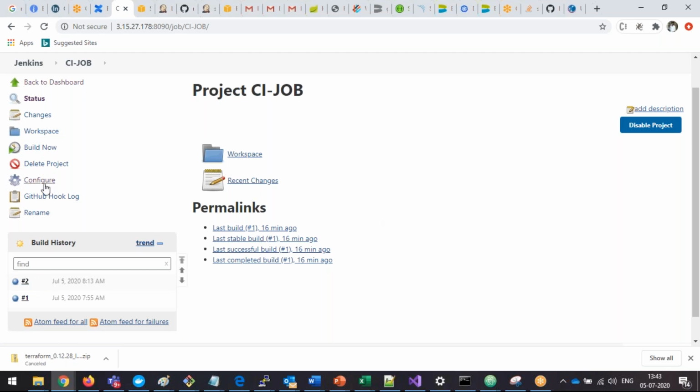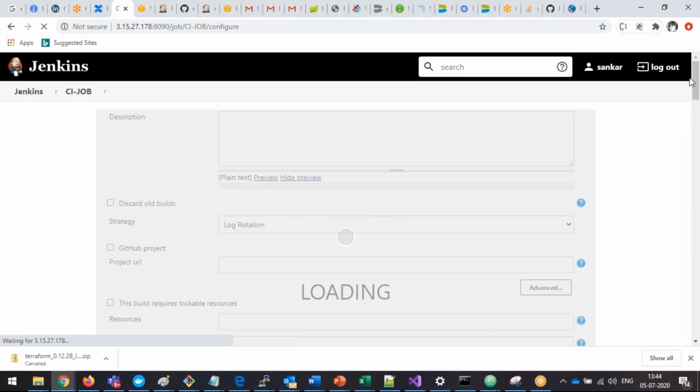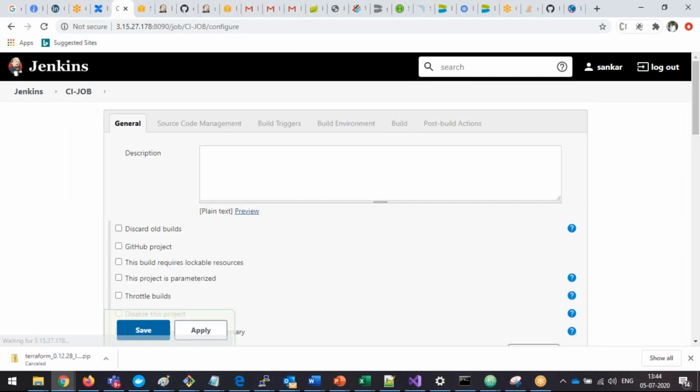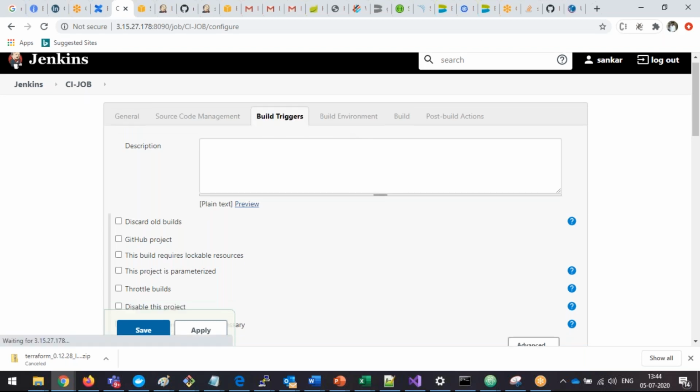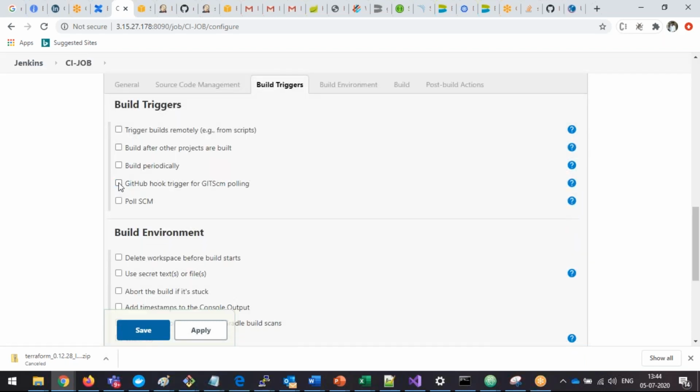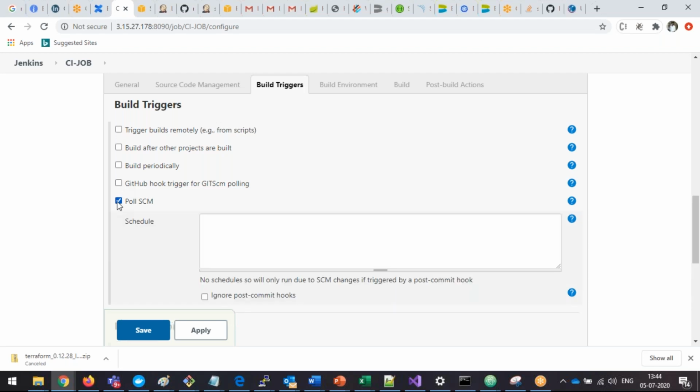Now I will go to the configuration, then go to the build triggers option. I am going to remove this one, so that when there is a change, your job is not going to trigger automatically. I am going to set up Poll SCM. So what will Poll SCM do? Every 5 minutes, it is going to monitor